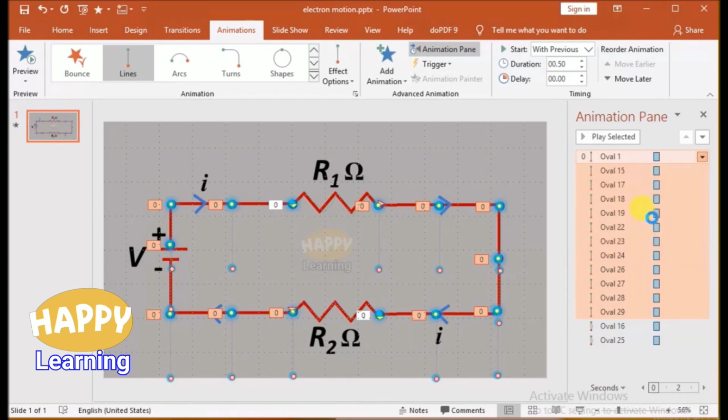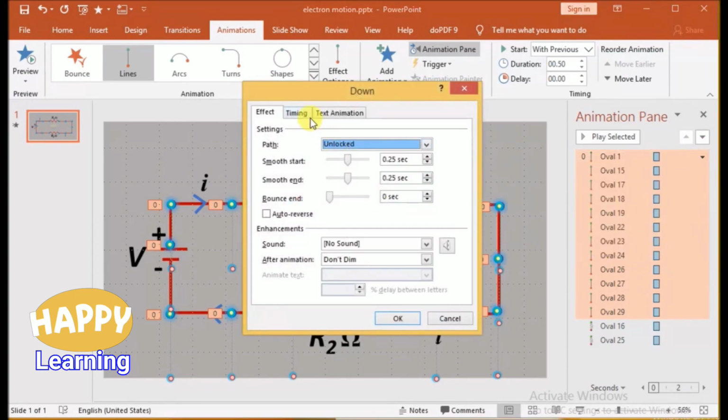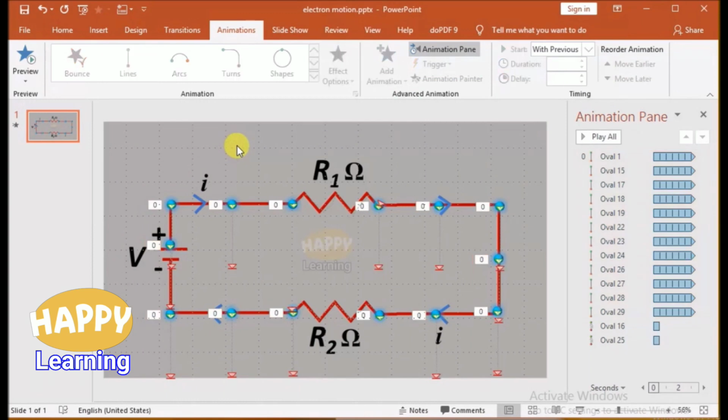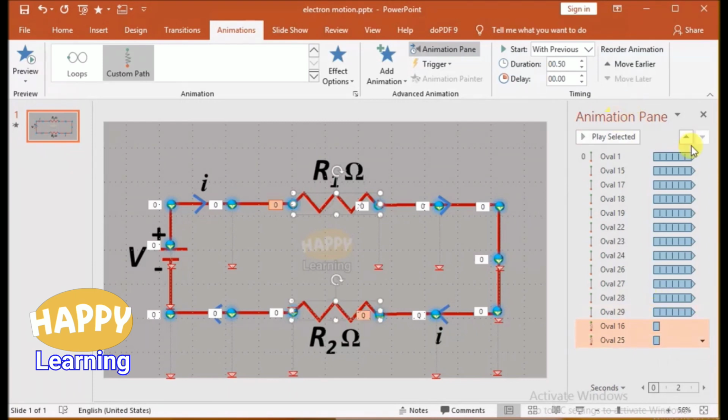Go to effects, then select timings. So smooth start, smooth end are removed, and in the timings go to repeat and select until next click and then click OK.